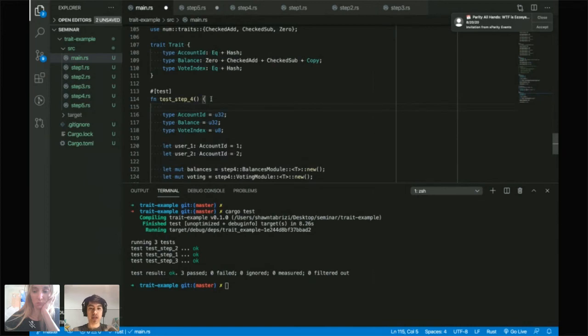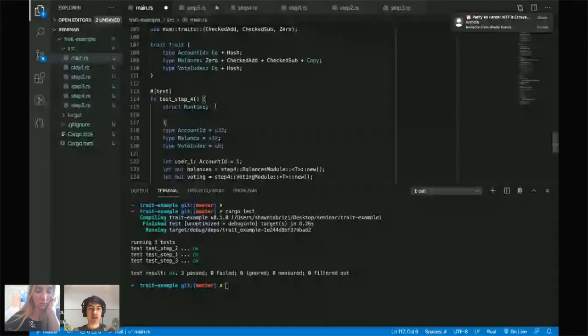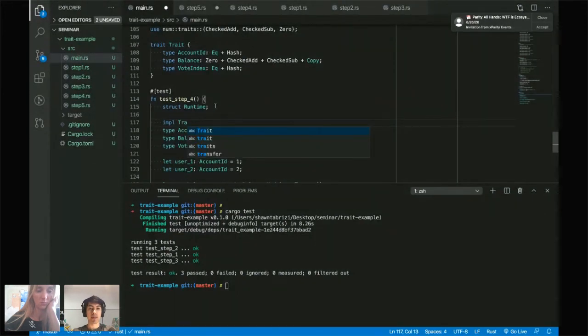Or I can do, sorry, it's not T, it's runtime. So I want to do a struct Runtime. I'm going to create some dummy struct which will hold this implementation of this trait. And then I want to impl Trait for Runtime. So basically now I'm going to implement these types into my runtime struct.